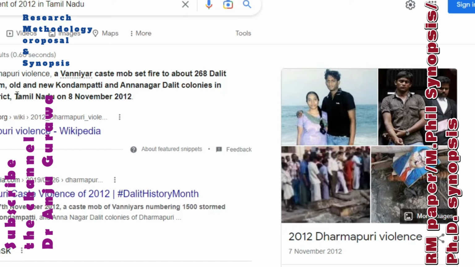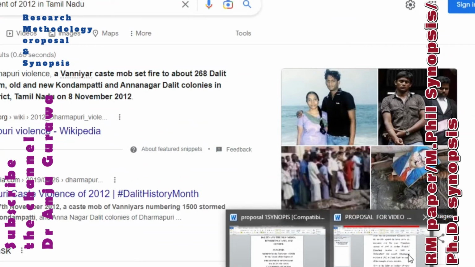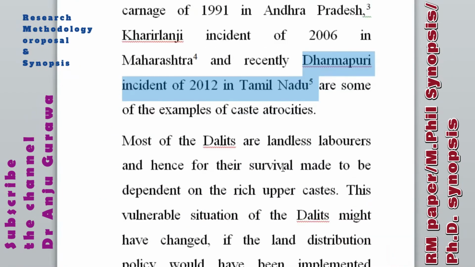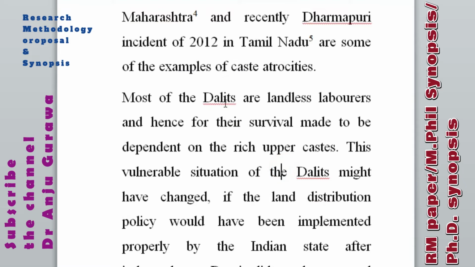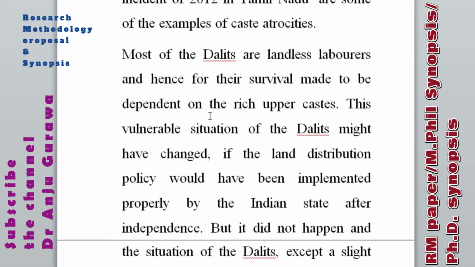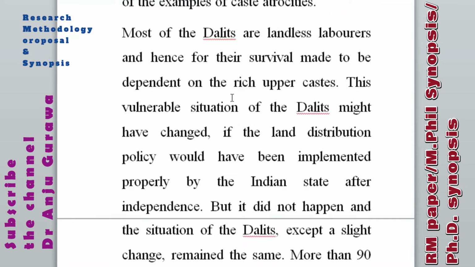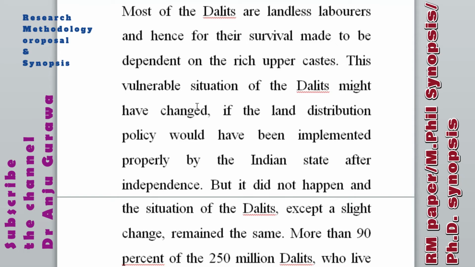So if you just type it and go to All, then you will find that in the 2012 Dharmapuri violence, a Vanniyar caste mob set fire to about 268 Dalit houses in Natham, old and new Kondampatti and Anna Nagar Dalit colonies in Dharmapuri district, Tamil Nadu. तो किस तरह से लोगों का पूरा घर ही जला दिया।